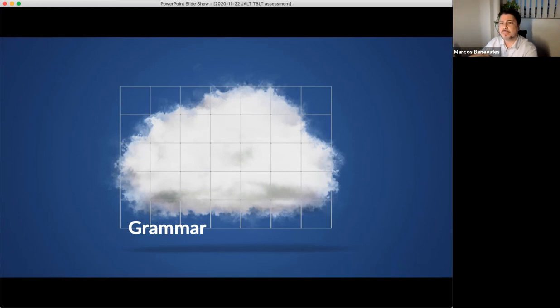And I use the word grammar here, but you can think of any kind of divisional or classification system to the pieces of the cloud, right? So you pin the cloud, you make it static, and then you describe it in terms of its discrete pieces, which could be grammar points, could be vocabulary, could be lexical, could be pragmatic, right? They're all the different ways that we can describe language.